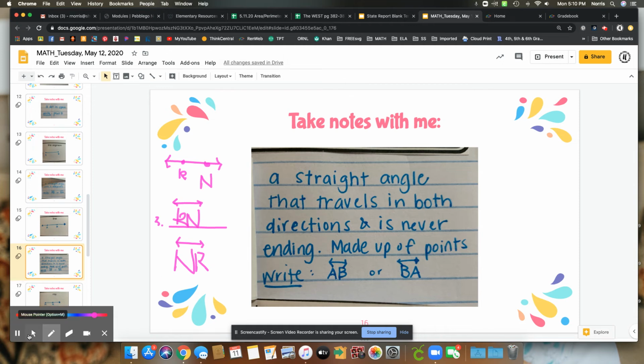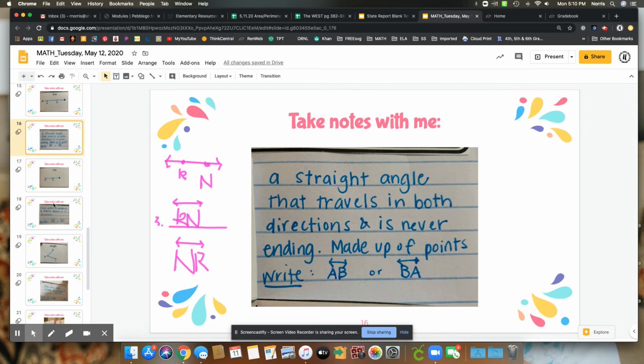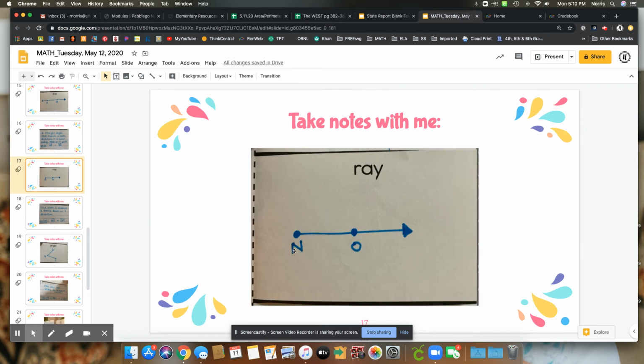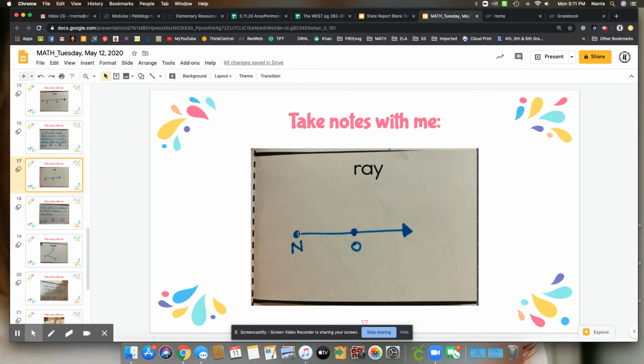Okay, so I've given you an example for each vocabulary word. All right, our next vocabulary word is ray. I like to think of this as the sun. So the sun is the endpoint and the rays come out. A ray goes on in one direction forever and ever. So the endpoint